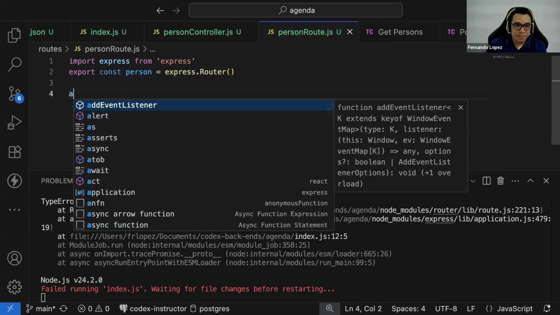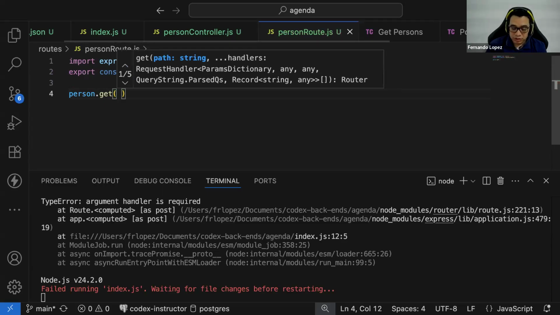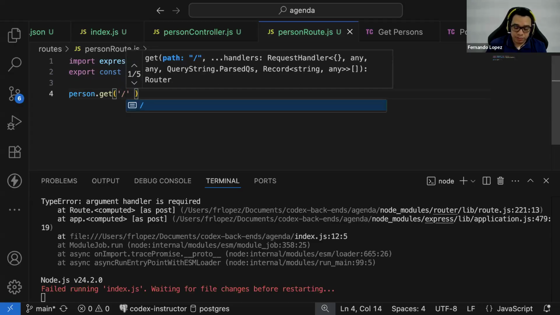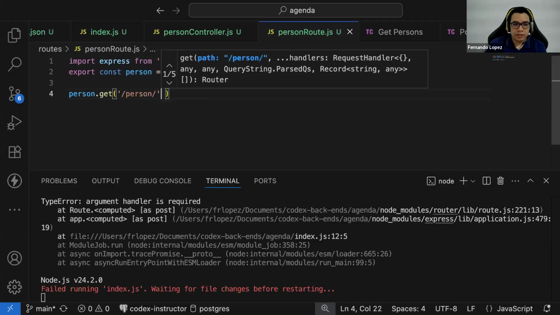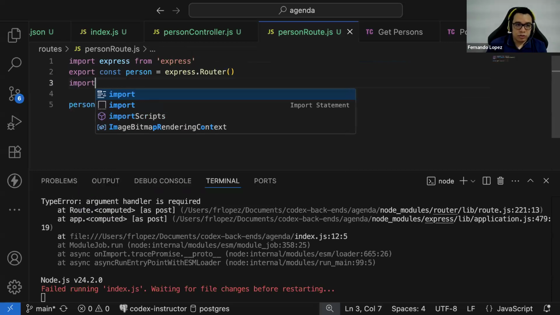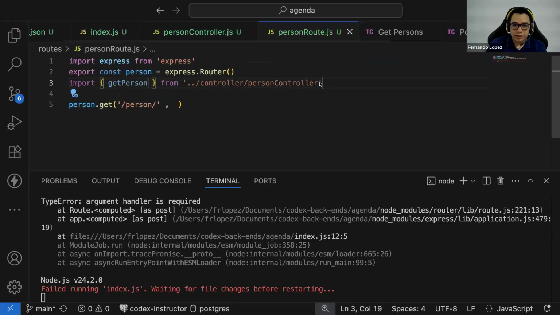So let's add the method person.get. And here we need to set up the route. The route will be the route person right now, just a route person. And we need to import from the controller the functions. So the first function that we will be importing will be the get person function. And this is going to be the callback, okay?